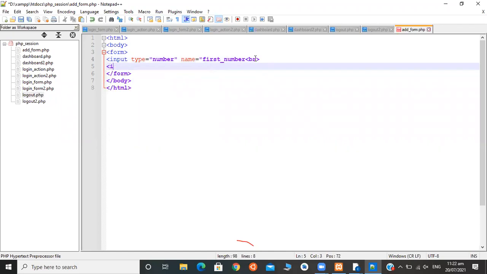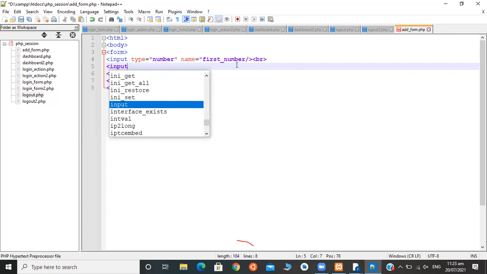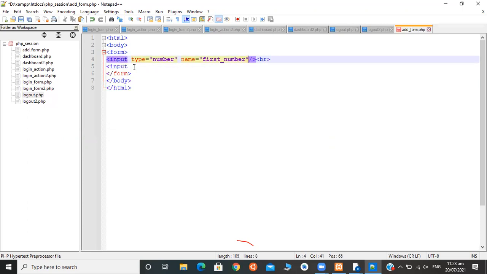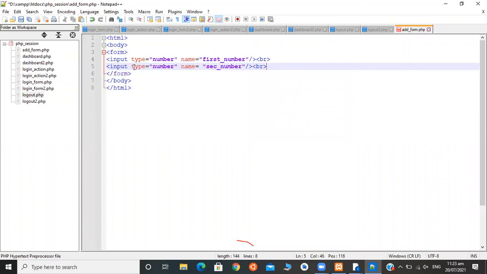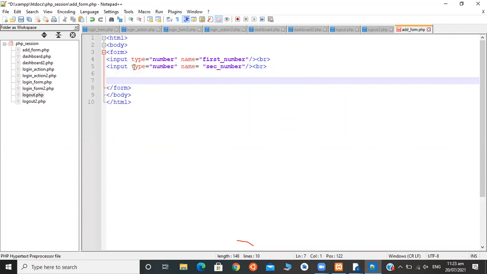Next, again input. Ma'am, the input is not closed, the first one is not closed. Same type, input number, name equals to second number. Slash input. Then break. Then the addition button. In the login form, we used input type button.